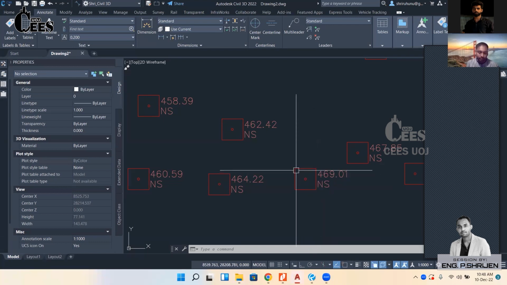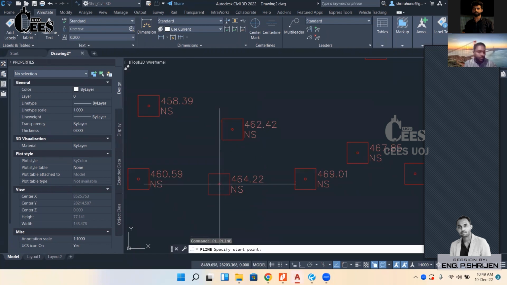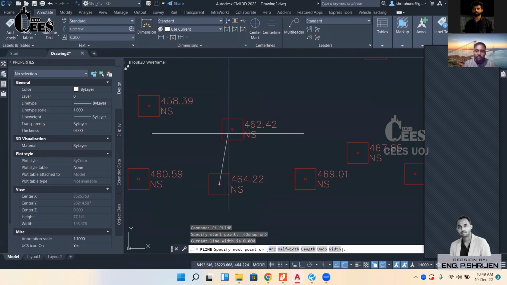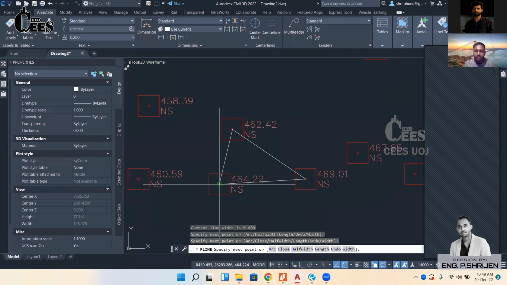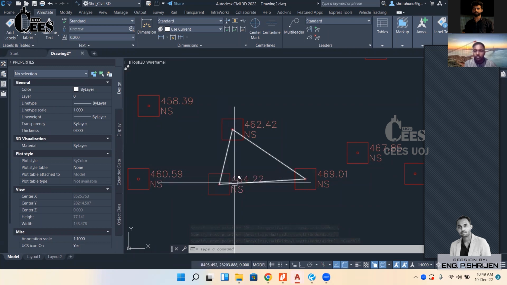Normally, Civil 3D knows about only these elevations. So by using these elevations, Civil 3D is going to create triangles. Like this, it will create some triangles. It's a normal interpolation. This line is going from